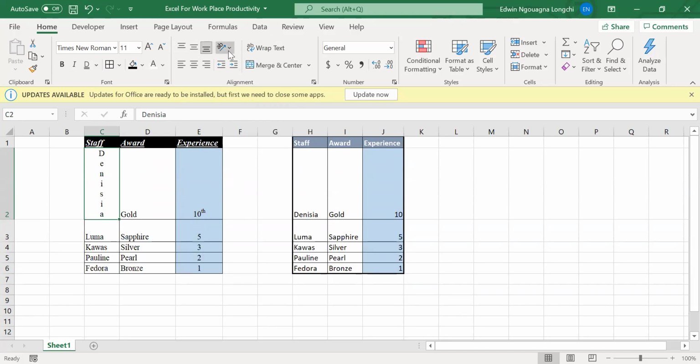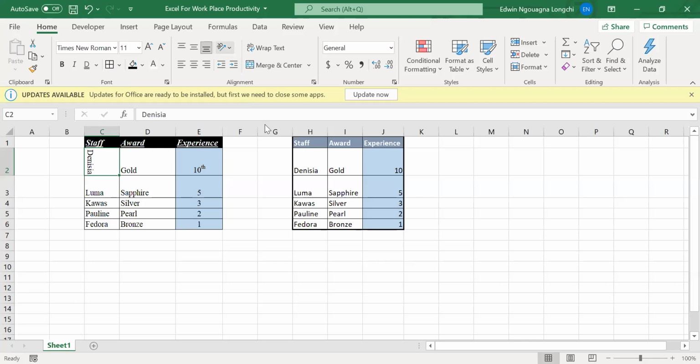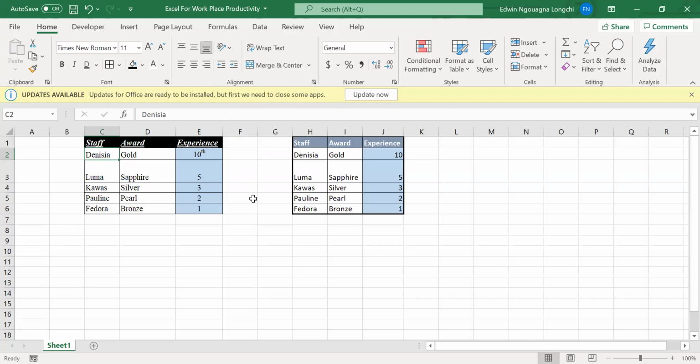Was it horizontal? Rotate and rotate. Okay. So that's just the use of that one. And then this one is just your indentation, your paragraphing. Okay. Great.